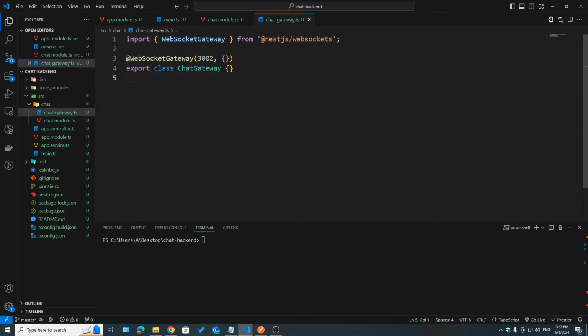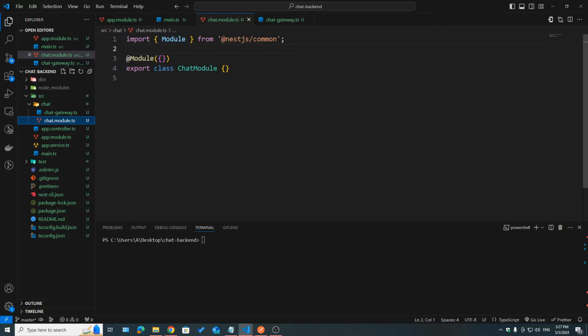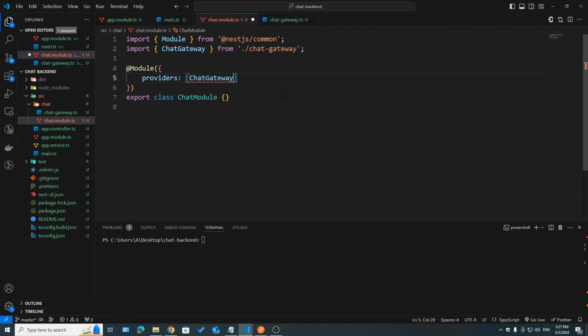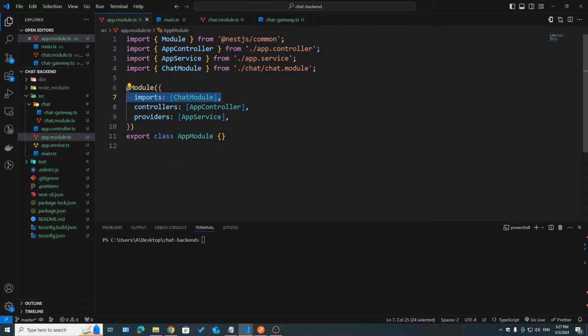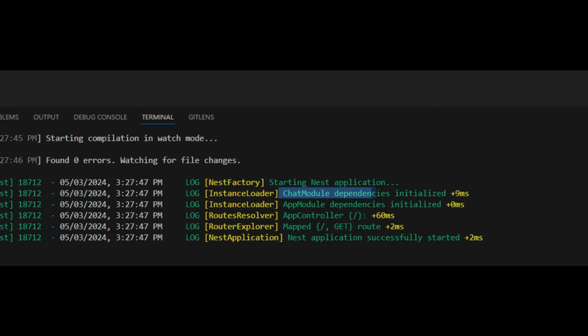keep it empty. And by the way, you can think of a WebSocket gateway just like providers. It can be injected as a dependency and it can also inject dependencies. And just like providers, it needs to be registered so that it can be used. So this chat gateway should be registered in our chat module, for example, in the providers array. And of course, chat module, since we created this module with the CLI, it has been added to our imports in app module. So now if you go ahead and run this server, we can see we got chat module